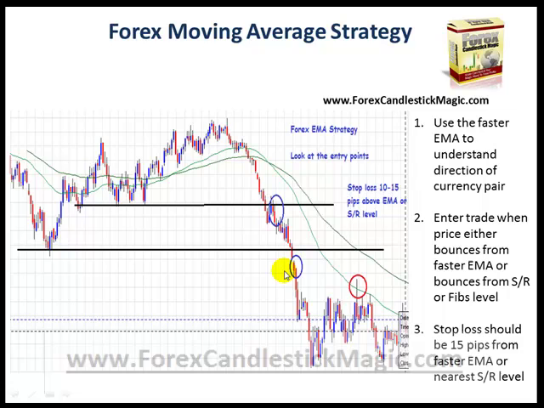When that is done, there are two ways to place a stop loss. Either you can place it 15 pips above this, or if you have taken a trade from the price bouncing from resistance at the exponential moving average, the stop loss can be 15 pips above this exponential moving average price. So, for example, if the exponential moving average price at this point is 1.3000, then the stop loss can be at 1.3015,